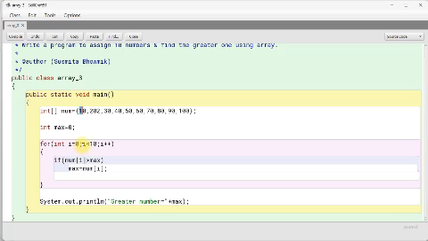and the condition will check and becomes true. Then num of i, which is 202, is greater than max, which is true. Then max is holding 202, then i becomes 2 and the condition is checked and is true, and then num of 2 is greater than max, which is false,